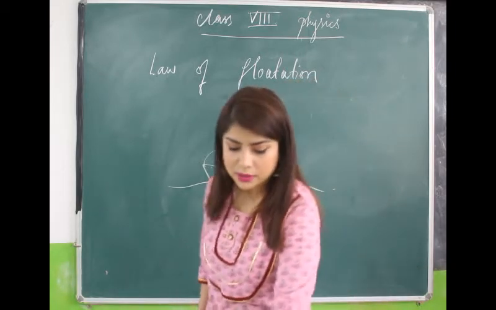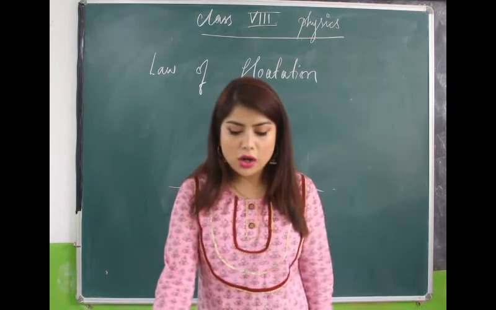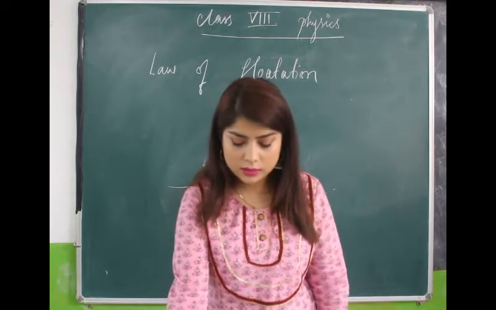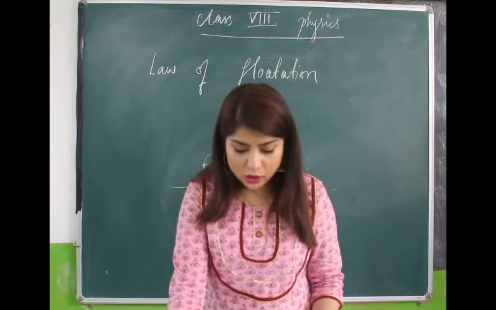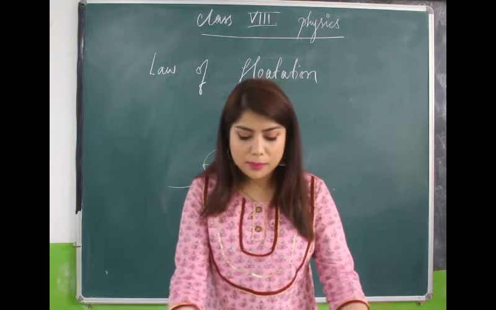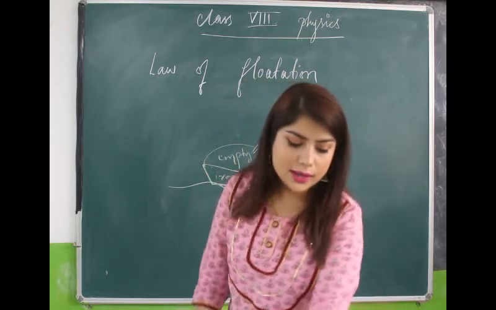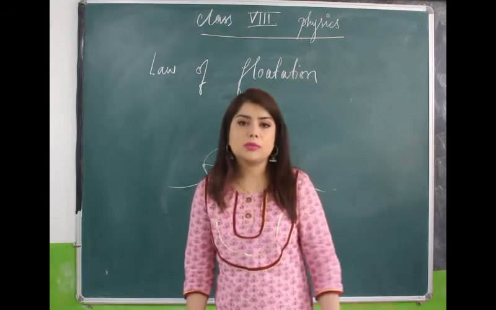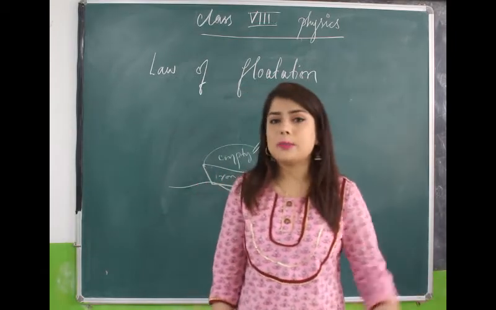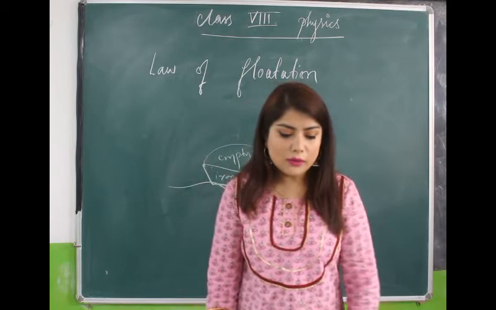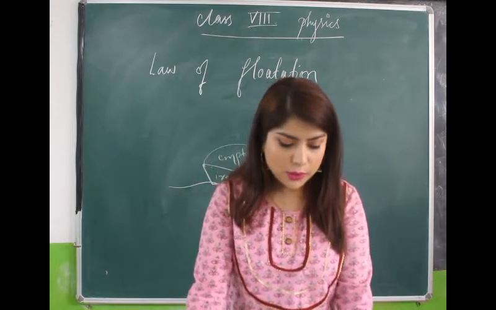There are a few more examples in the blue book, such as flotation of man. You can read it by yourself. There are a few examples. For example, submarines are there. Whale is there. Whale is a sea animal which floats or sinks depending on the wish of the whale. So whenever a whale has to